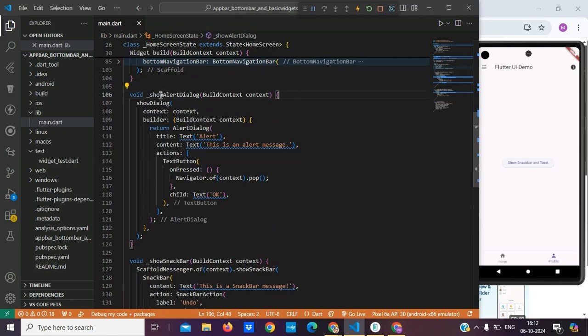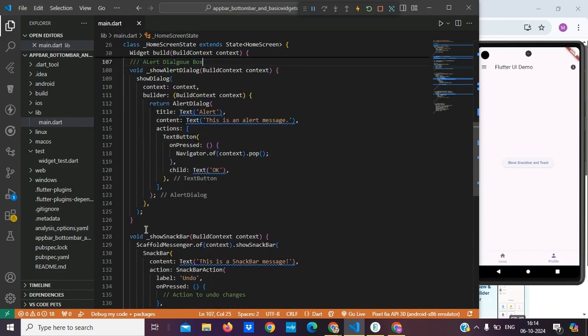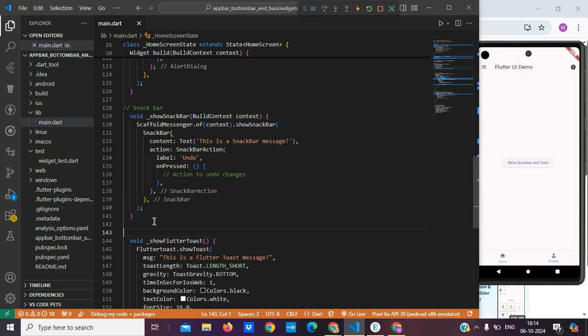This is for alert dialog. So I'm just adding a comment here, alert dialog box. Toast. So